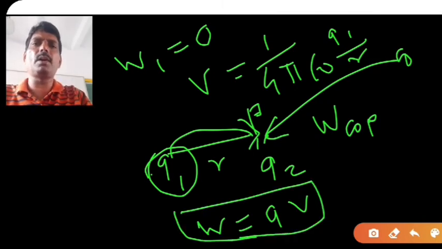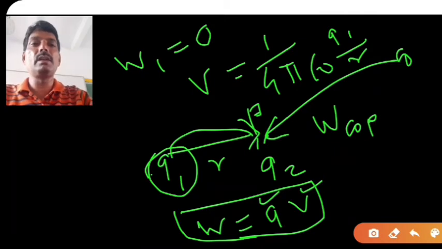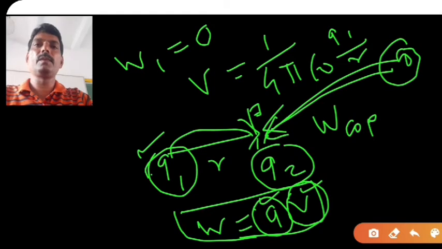In this mathematical form very easily you can write, but now you have to learn, or you have to think, what is this charge and what is this potential? That means which potential you have to take and which charge you have to take. Now remember student, this Q is nothing but the charge which you are bringing from infinity to that particular point, and this potential is nothing but in which field this charge is going to be placed. So Q1 is the charge whose potential at this point is V.